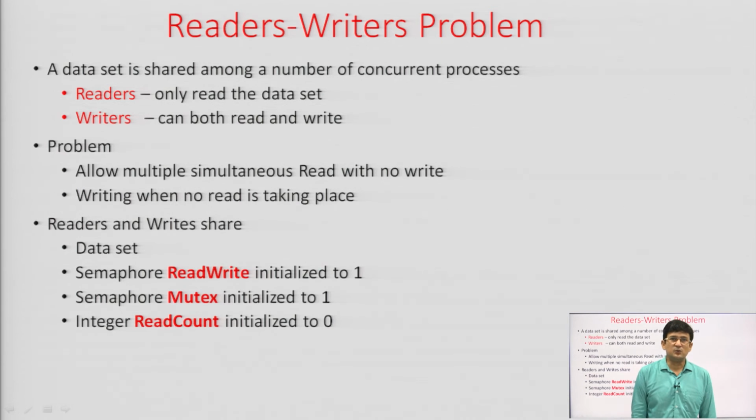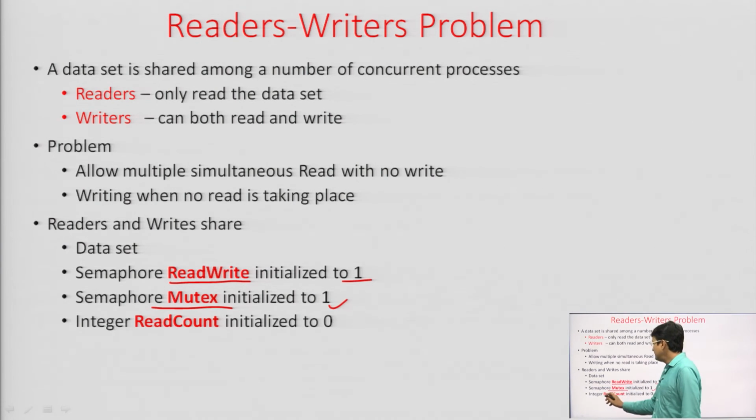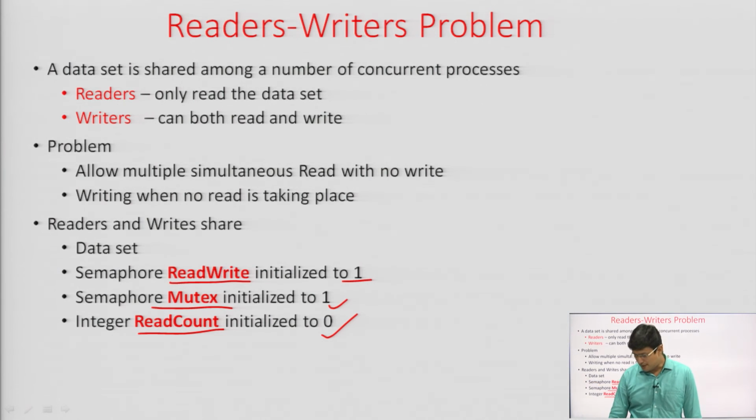So, we will have two processes, one is the reader process, another one will be the writer process. First, let us deal with the readers process. So, what will the reader process do? It will use the semaphore, or reader or writer both. Read write will be a semaphore, initialized to 1. We are restricting the write operations by this. The semaphore mutex is initialized to 1 and there is a read count which is not a semaphore, it is just a simple variable. So, read count is initialized to 0, it shows how many read operations are there currently. Whenever a read operation will take place, this will be incremented by 1.